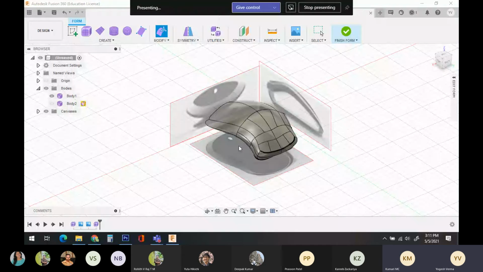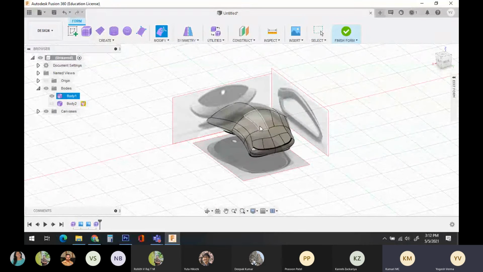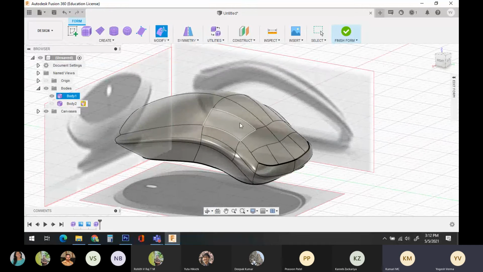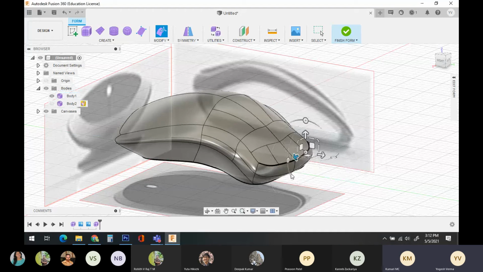So I've taken 3 views here of a mouse, the front one, the side one. I started from the basic body tool, and then I altered it with the use of various lines. I've added some lines, edited faces, and deleted some extra lines here. For example, here there are some extra lines, and I have used some crease as well to give it a pointy look over here.